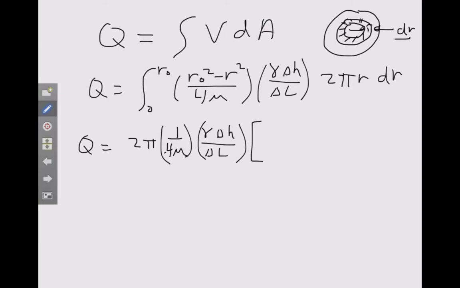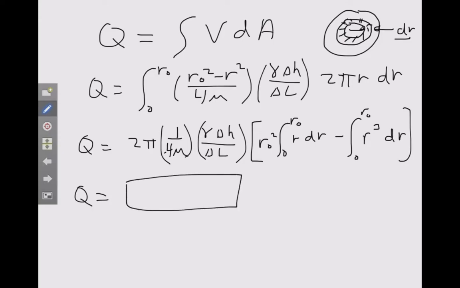And then we're left with this. We have an R0 squared, which is going to get integrated from 0 to R0 of R dr, and we have a second integral of R squared, actually R cubed, because we've got an R squared here and an R. This is going to be R cubed, again from 0 to R0, and that is also dr. And writing this all out again, we have this entire constant, which I'm not going to rewrite, and what we get out of the integral is